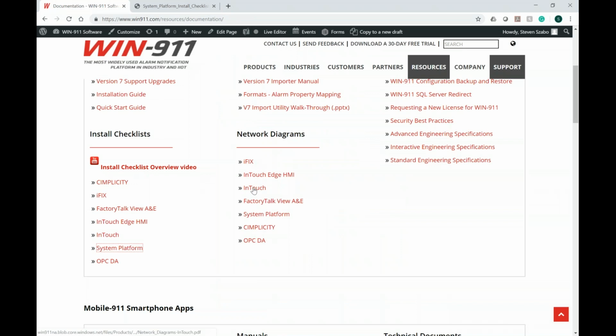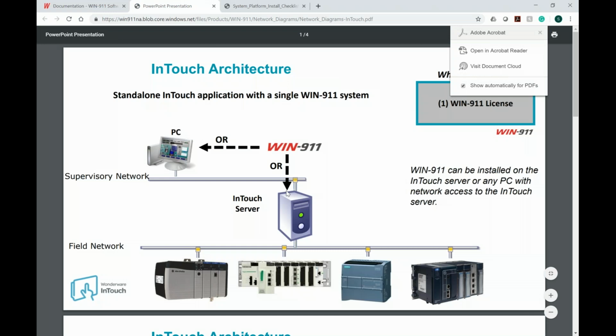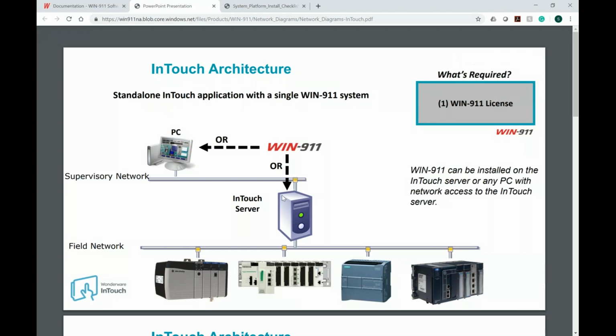And so what else do we have here? We've got network diagrams. So this I could see both on a technical aspect, engineering, but also on a commercial aspect. We get this question a lot. I've got an installation. Here are my InTouch. I have an InTouch server here. I've got remote desktop. Where does WIN-911 need to be installed? And what products, what licenses do I need to make this work? So this is the idea of our